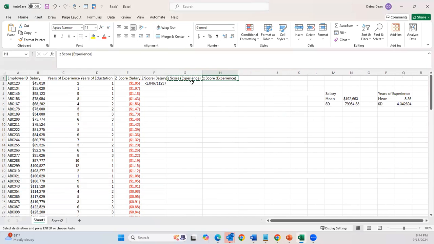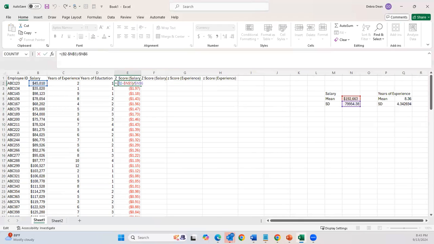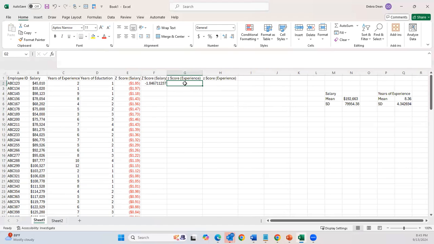Because there's 2 different formulas to do it. Okay, so in this case, you'll see that for salary, we're using the specific data set, the specific cell, and then we're also using mean and standard deviation. So we need to have, let's bring that over, equals, we're using years of experience. So I'm going to click on that. And then we want to know the mean, which is 8.36, and